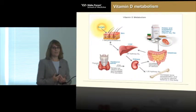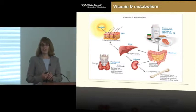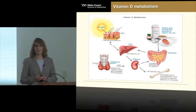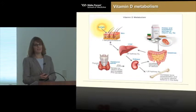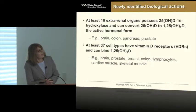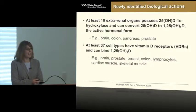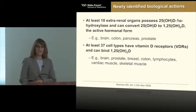Traditionally, we've thought of vitamin D as playing a role in both bone formation and resorption, as well as in helping absorb calcium through the intestines. So those are kind of the traditional roles of vitamin D. About 15 years ago, the whole area of vitamin D research exploded. And now there are at least 10 extrarenal organs that have been discovered to possess 25-hydroxyvitamin D,